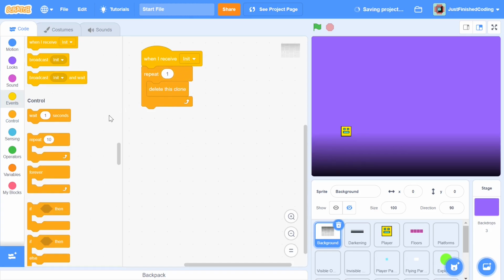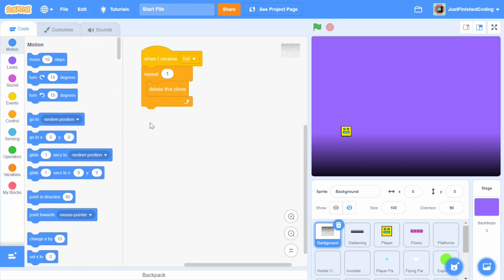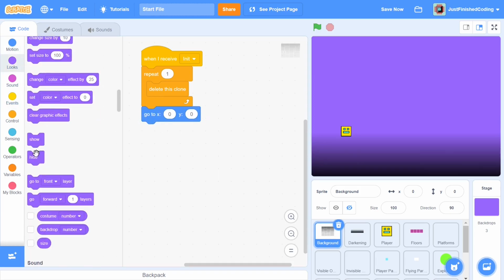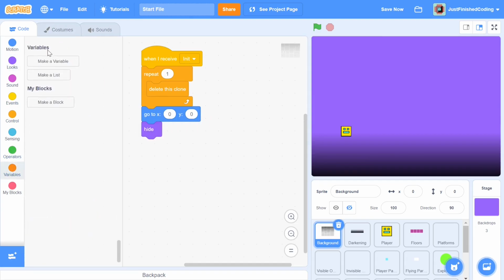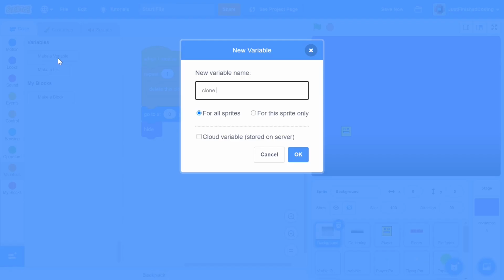So after delete this clone, let's set in the coordinates. Let's say go to x0 y0, and after that I'm going to make sure that this sprite is hidden. Now we need to set up two different variables. The first one is going to be called clone ID, and the second one is going to be called clone?.